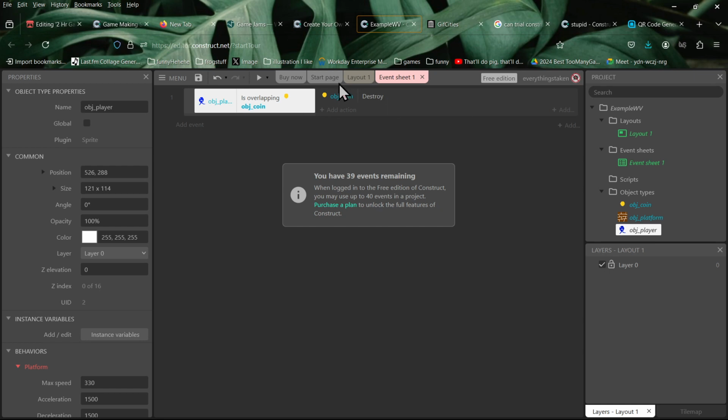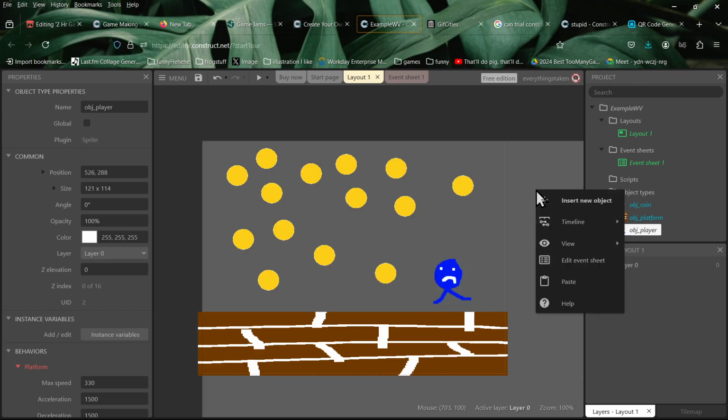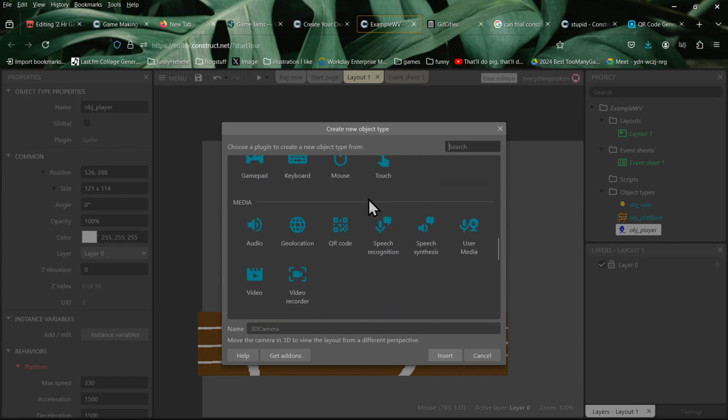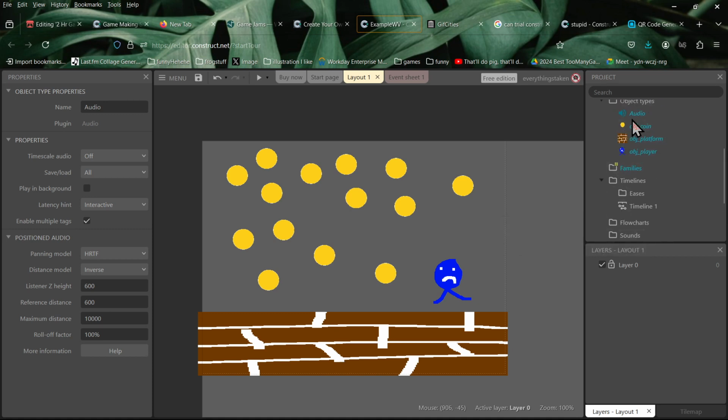So one other thing, this is pretty rudimentary or kind of boring so far. But let's just think, how can we spice this up? So the next thing we're going to do, by default, there's no audio at all. So if we want there to be sound or anything like that, we need to right click on the background and then click audio. And that adds this new audio object, right? So that's the only way to get sound to start working in this application, which I'm not really sure why you have to do that, why it's not just built in.